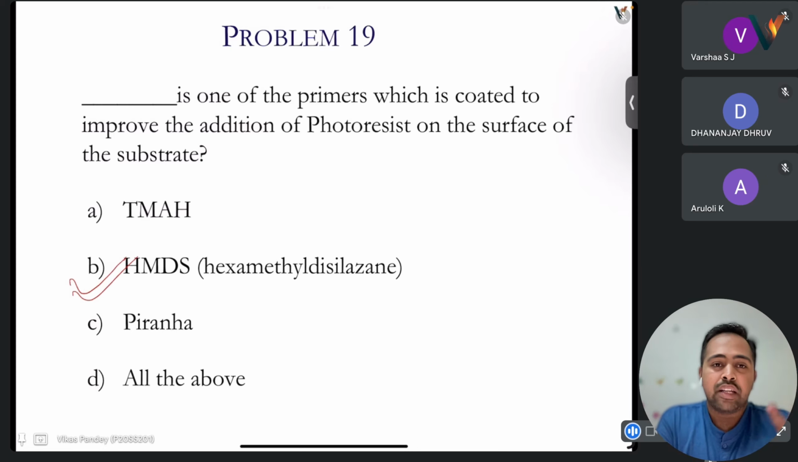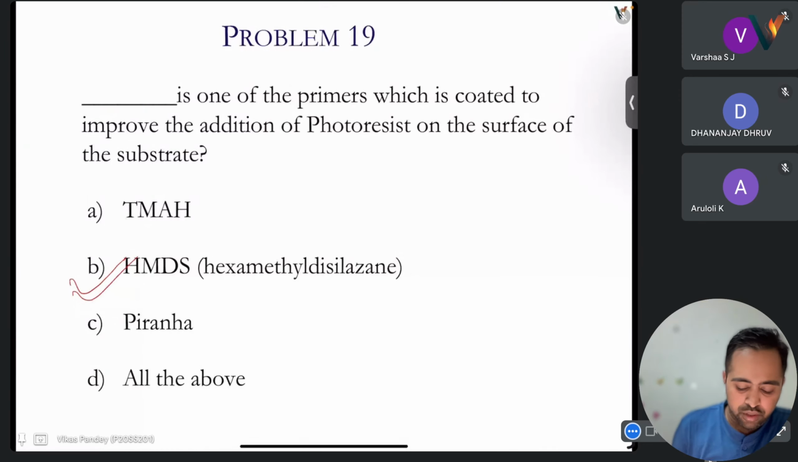Okay. In fact, this HMDS is also coated like that, but since it is thinner compared to photoresist, it will create a very thin layer that will actually help the next layer, the photoresist, to adhere. Okay,